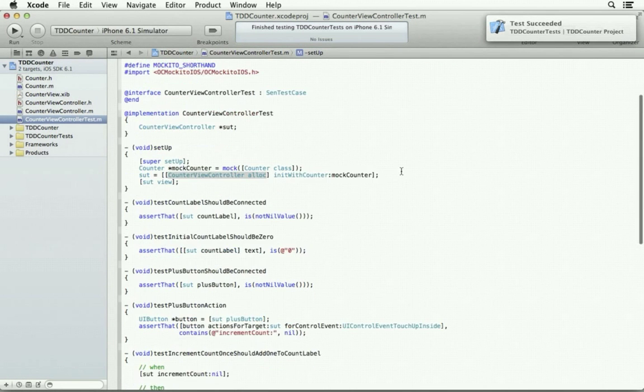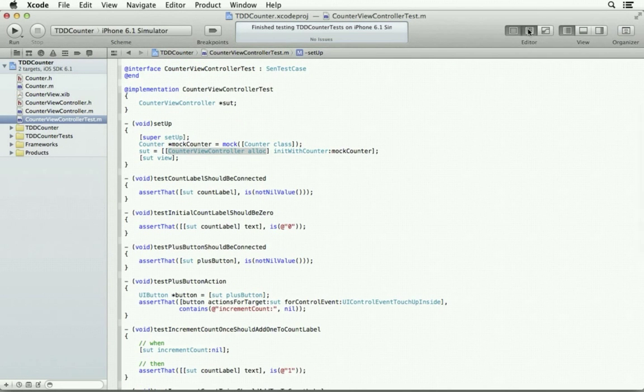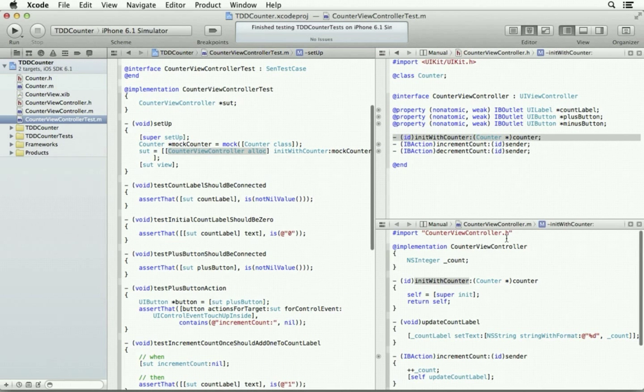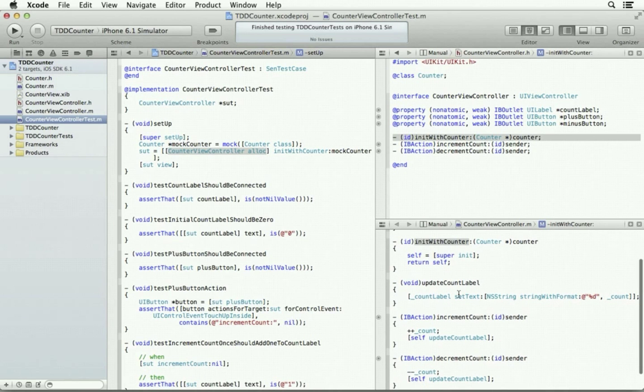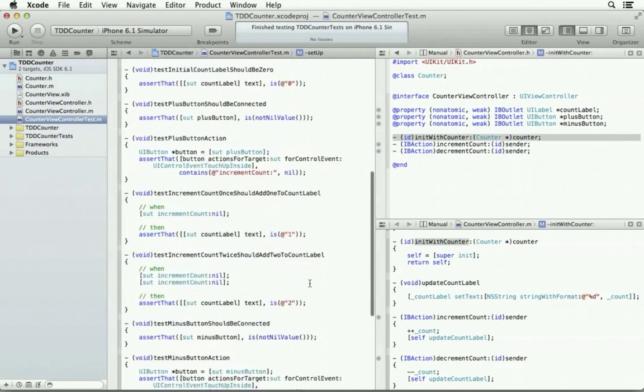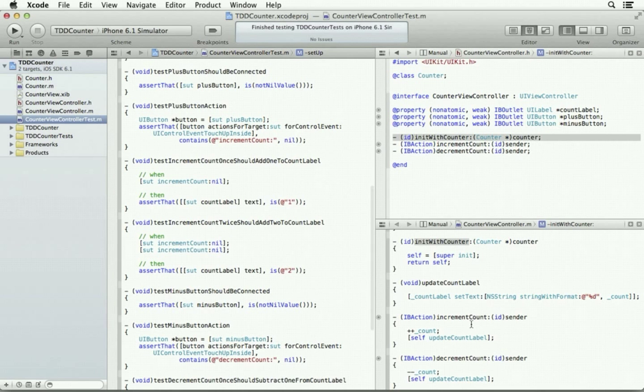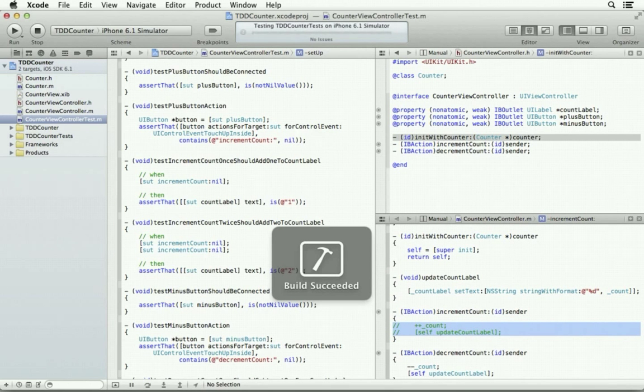Now let's add our first interesting test. Actually, let's go look at what I want. I want increment count. Right now there are a couple tests for it, I think. Instead of doing actual work here, I just want it to tell the model, hey, increment. A quick way to find the tests that are really now going to be outdated is to comment this out. Command U.